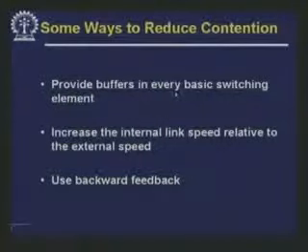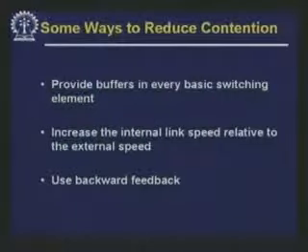Now, some ways to reduce contention are to provide buffers in every basic switching element, increase the internal link speed relative to the external speed, and use backward feedback. So these are different techniques to reduce the contention. One is of course providing buffers, as I have already discussed. You could increase the internal link speed relative to the external speed. That means